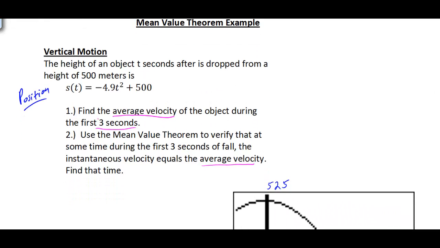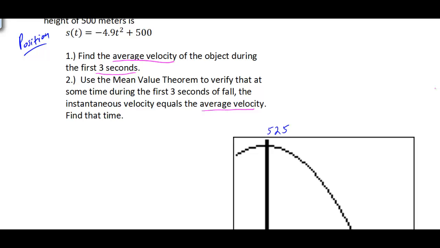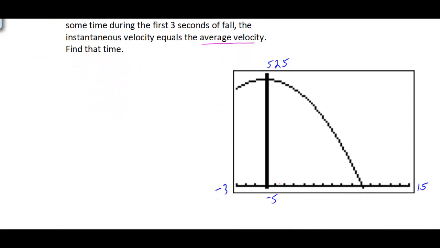All right, so if we look at the first, we want to calculate the average velocity during the first 3 seconds. Now, this is our position function. And if we graph our position function as I've done here, I'm using the viewing window of -3 to 15 on the x and -5 to 525 on the y-axis. So you'll notice here we have the path of our object. So here we are at 500 here,